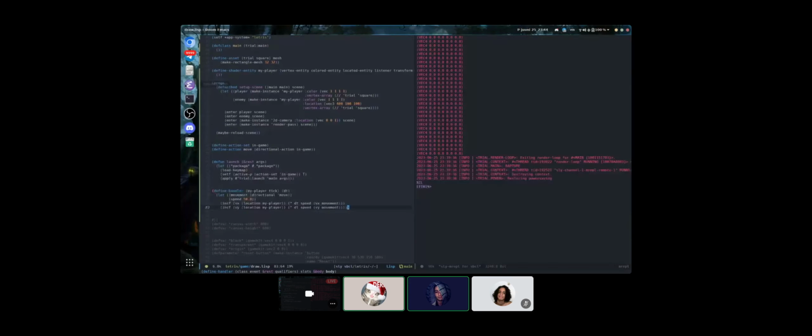Okay, I have another question. Can you go back to our code? Where are we defining... Oh, there, location. This is where we define the starting location. Wait, the location is like a vec3? Yes, location is a vec3, but I